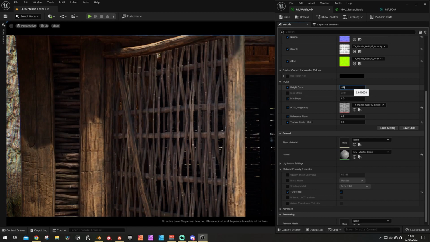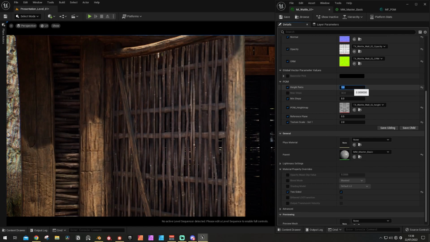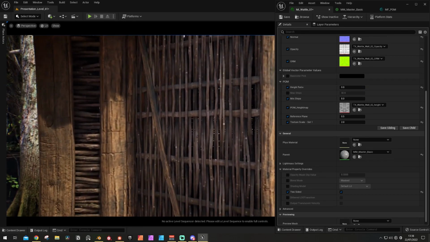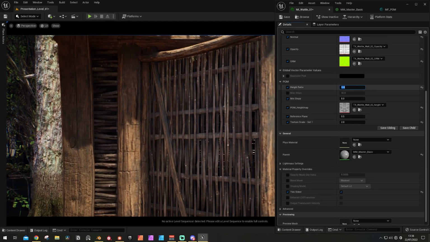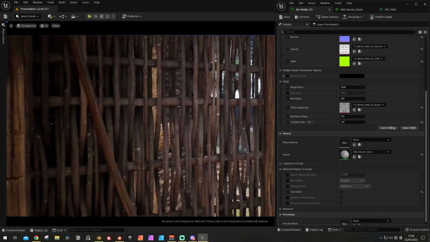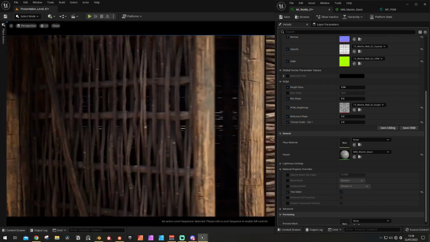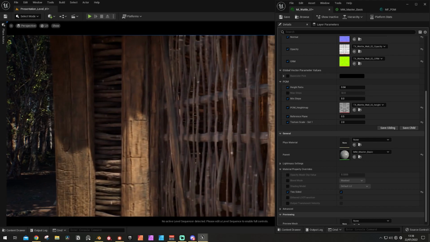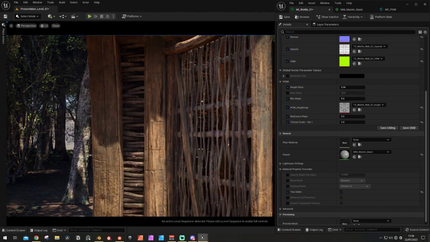So let me go back to 0, which is just a flat plane. It doesn't look like it's really coming out at all. But then if we start increasing it, you can really see that it's faking the depth. It's creating an illusion of depth on it. Now this is where it